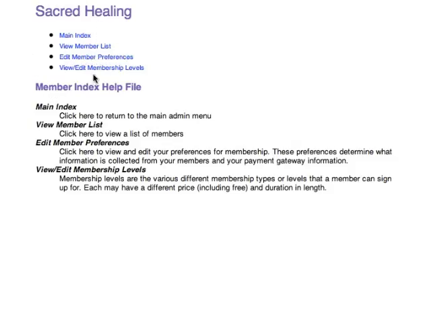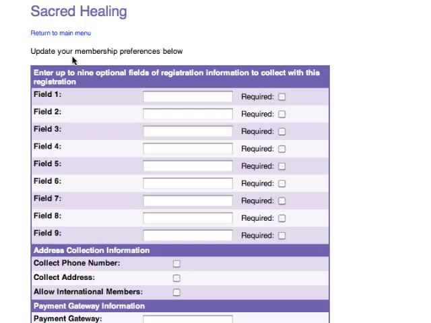So the member preferences are here. Let's click here. Now this allows us to collect additional information from the members. Standard it will collect their name and email address when they register. We have the option down here below to collect their phone number as well, to collect their address, and if